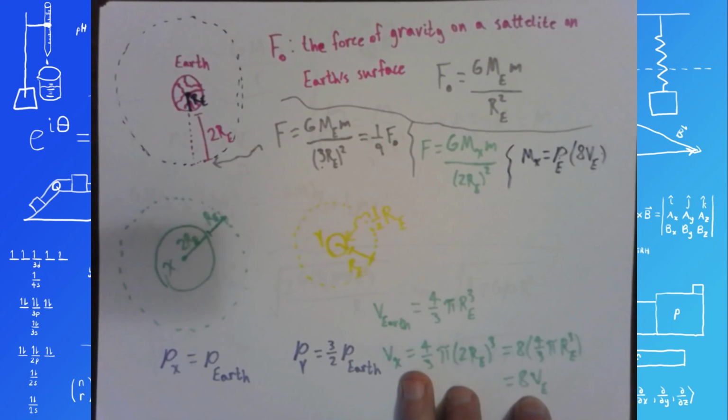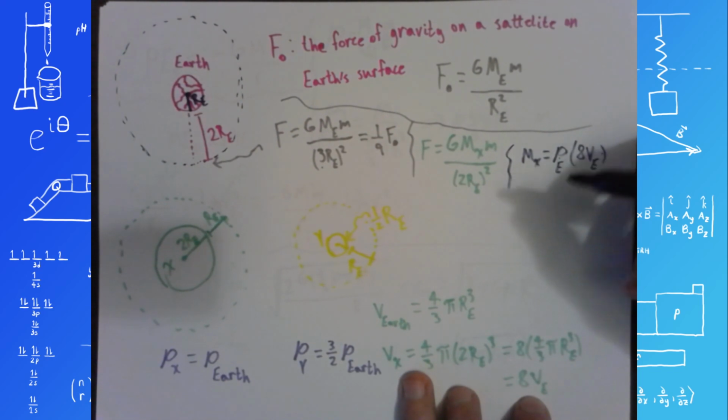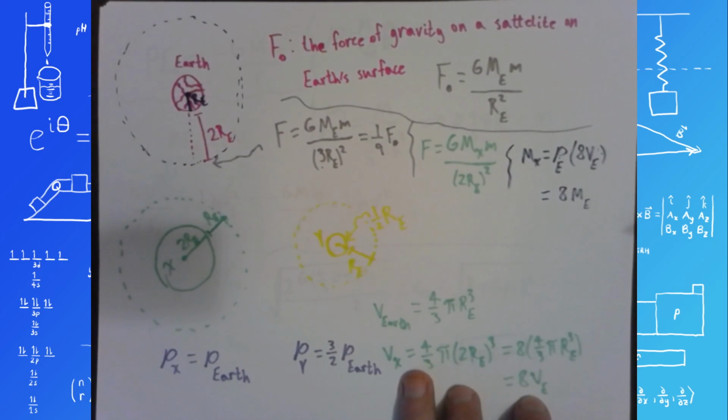Density of Earth times volume of Earth, though, is the mass of the Earth, assuming the Earth is uniformly dense. So this just becomes 8 mass of Earth. If it has 8 times the volume under the same density, then it has 8 times the